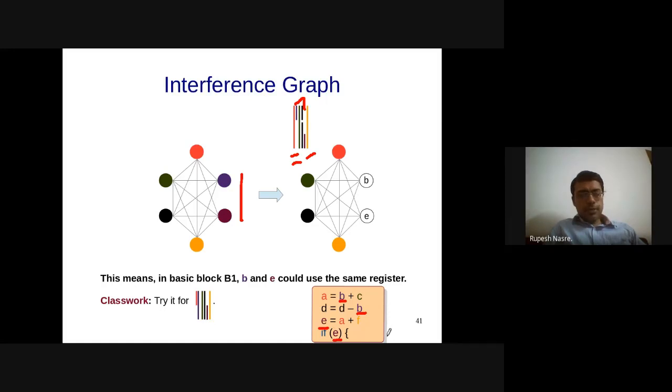So can somebody tell me, or at least draw the graph in your copies? Well, it is kind of evident, but essentially that is going to be some other basic block for which we had obtained it. And as far as A and E are concerned, those should get different colors. That means they can be pushed into the same register. Alrighty, so we'll move ahead from here.